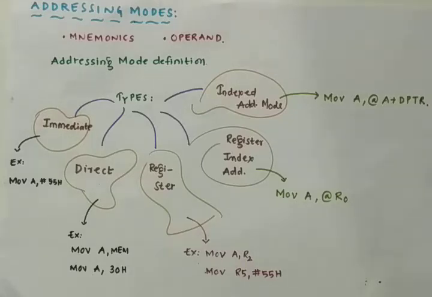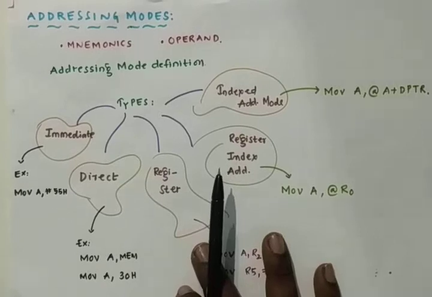In the instruction format of 8051 or the 8086 microprocessor, we have the mnemonic followed by the operand. The mnemonics are the instructions themselves defined by alphabets, whereas operands are the data on which the instructions are going to be operated. The instruction has 2 operands. We know that in the 8086 microprocessor we studied 2 operands, the source operand and the destination operand. The destination operand is specified first, and it is followed by the source operand.